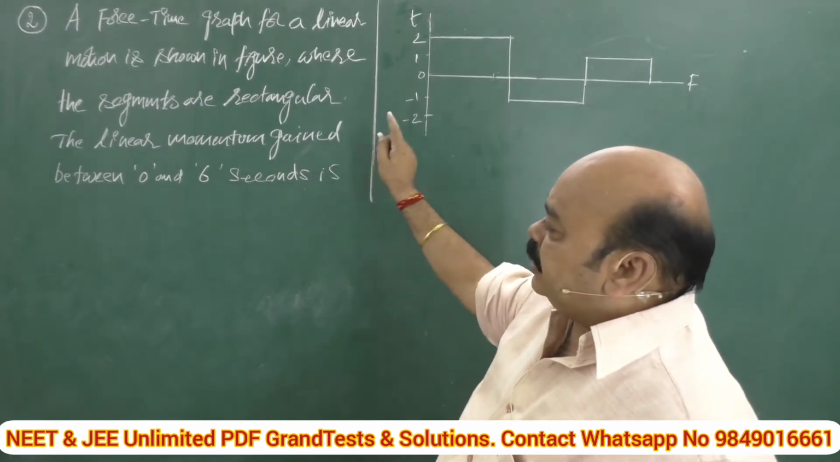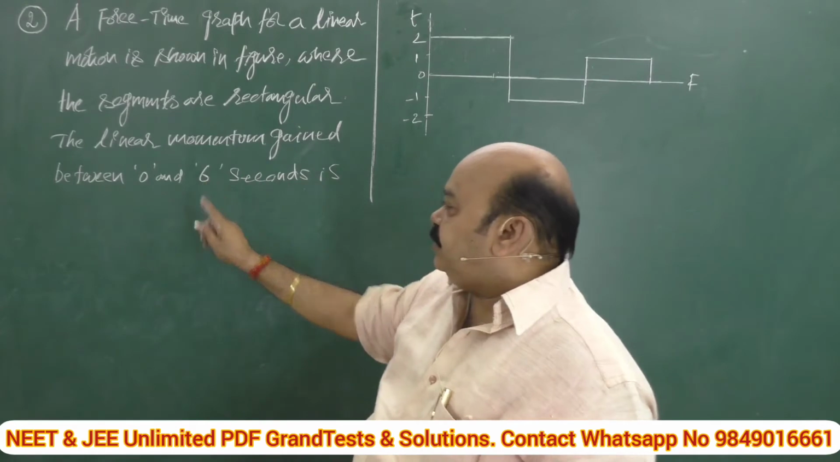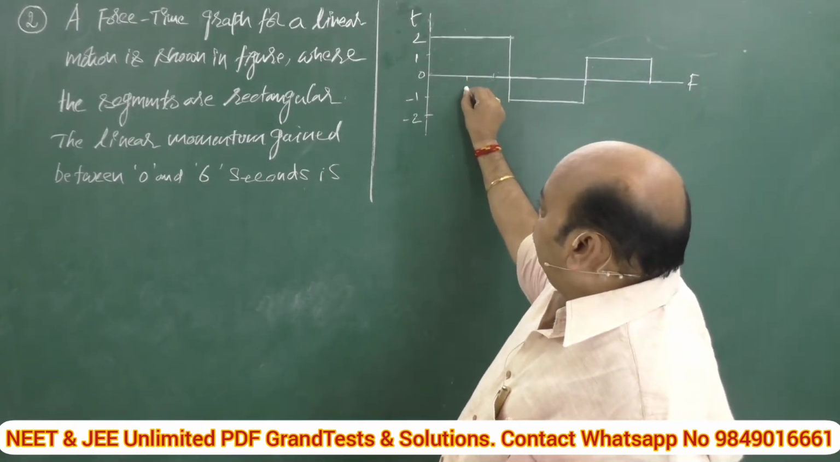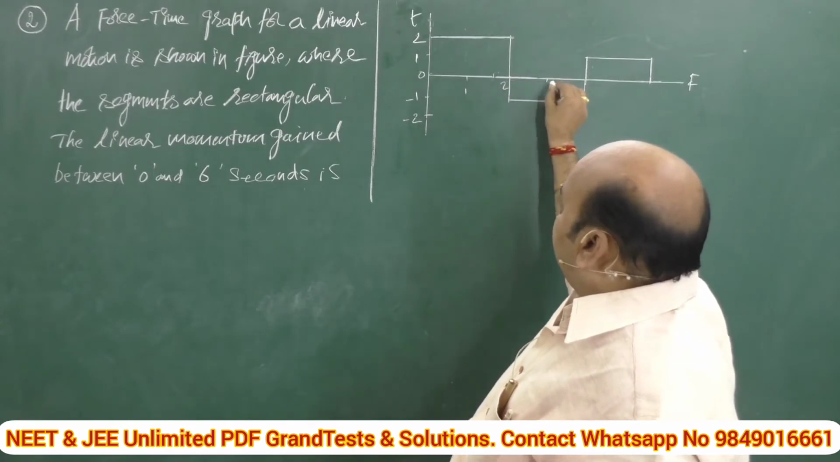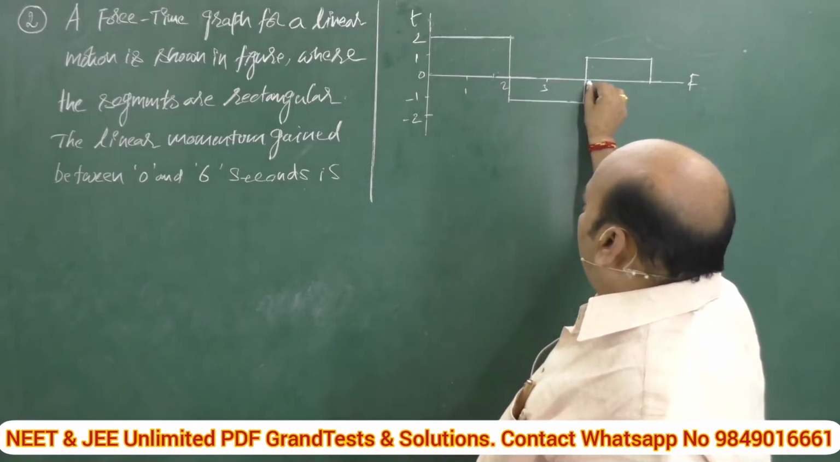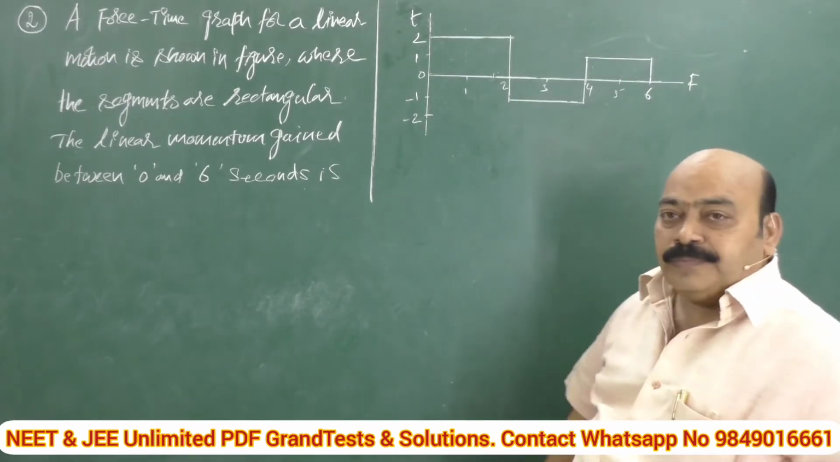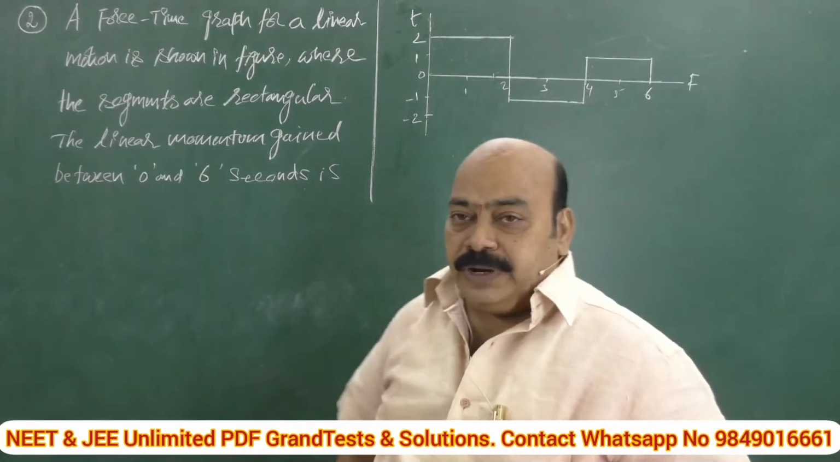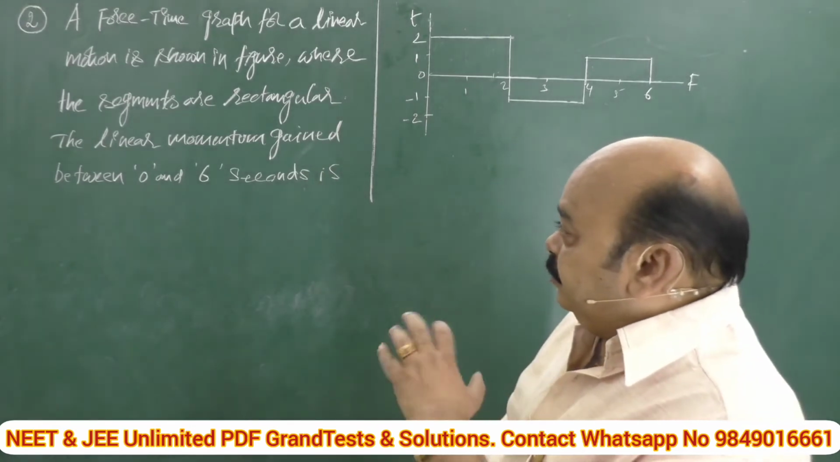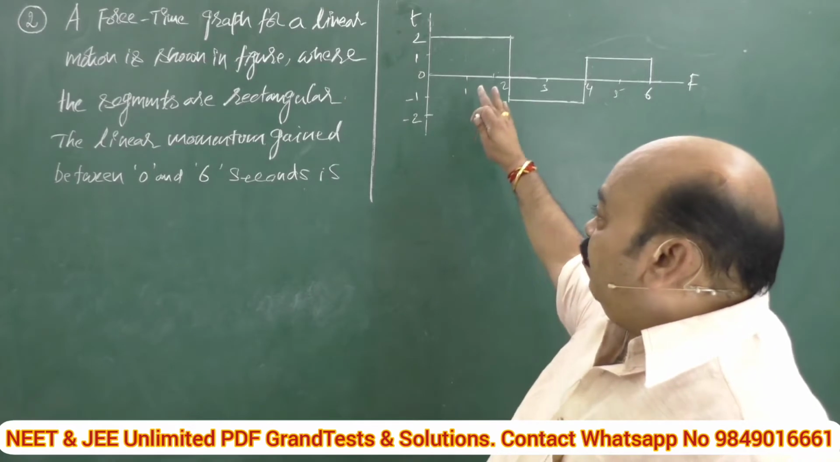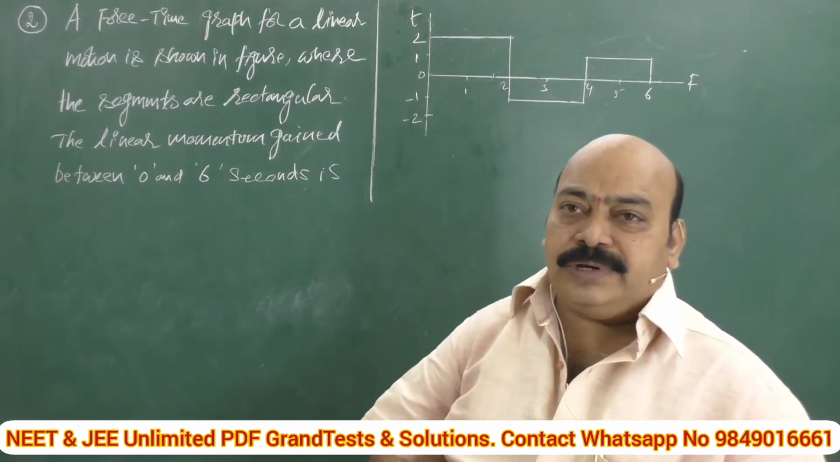The linear momentum gained between 0 and 6 seconds. So, it is segregated as 0 and this 1, this is 2, in between 3, 4, this is 5 and 6 and so on. If you recollect the related theory,